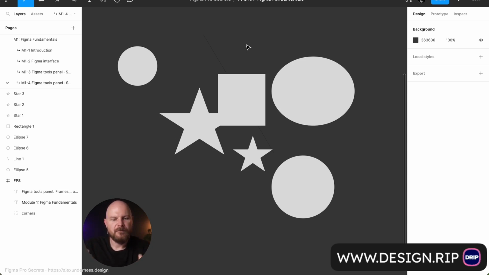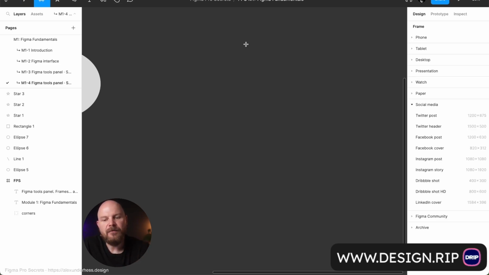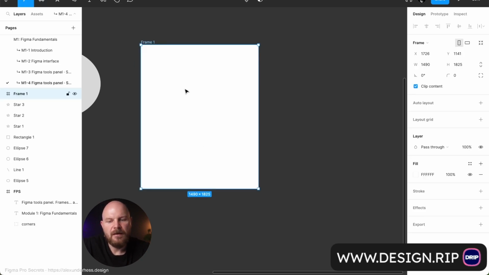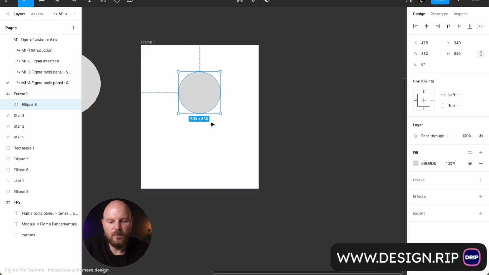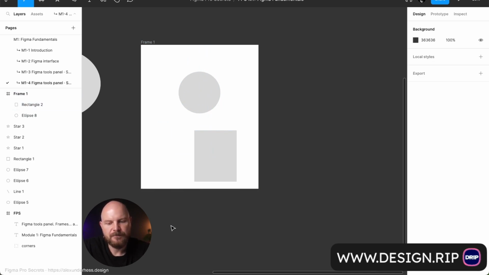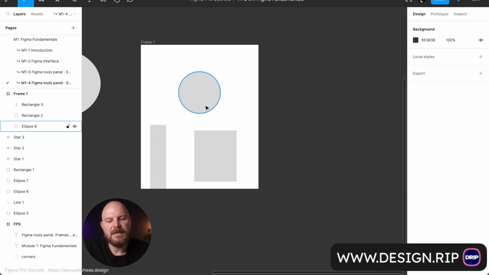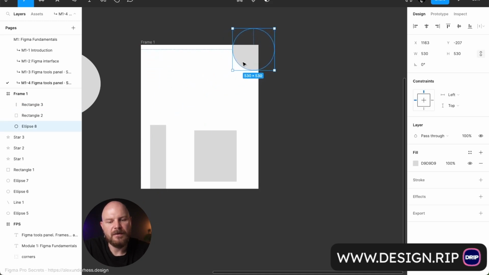When we're working with Figma, usually we start with the idea of what exactly the element is that we are going to create, what is the container in which our design will be. In this case, we press F and we create the container, and then inside of the container we create all the shapes that we are thinking to add. And then when we create these shapes inside of the frame, they stay inside of the frame, but I can move them a little bit out